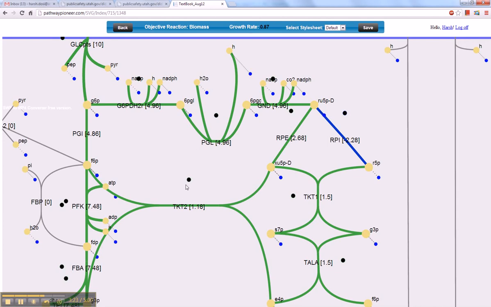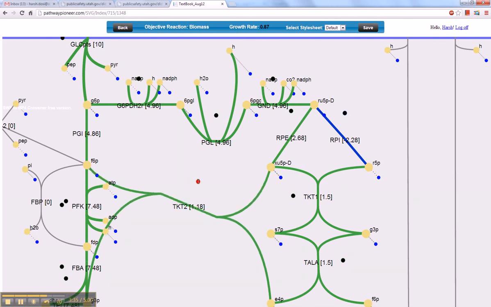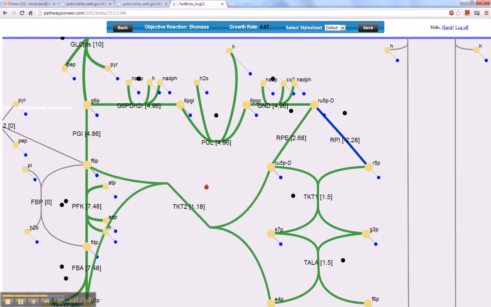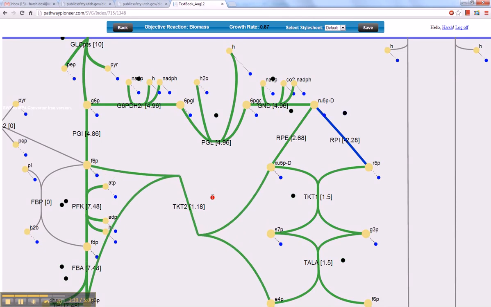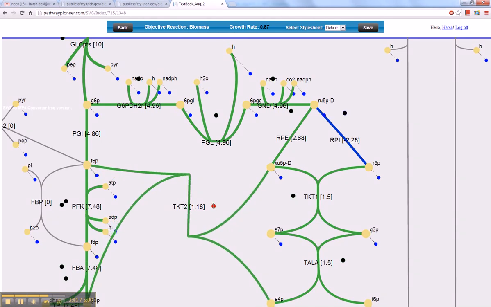Now we have a black circle here. The black circle is the rotation point for this particular reaction. The rotation can be either clockwise or anti-clockwise. Now when you move this particular point, the red color indicates that my rotation is active. Once you are done with the rotation, you just have to simply release the mouse on that particular point so that my rotation becomes inactive.